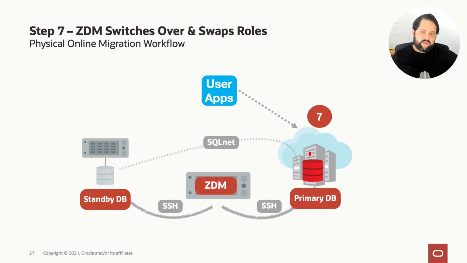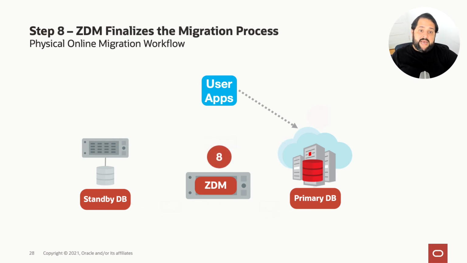If you ever want, for instance, to do a hybrid DR solution, where you have a standby database on premises and the primary in the cloud, or the other way around, this is really important to take into consideration. And then when you're ready, you just continue and move forward. So you issue the command to continue, or in case you didn't pause, ZDM will just continue, be sure that everything is in place, and finalize the migration by doing pre-checks and post-checks.